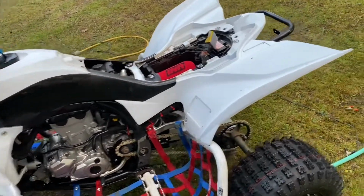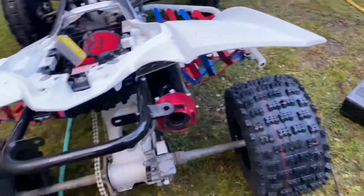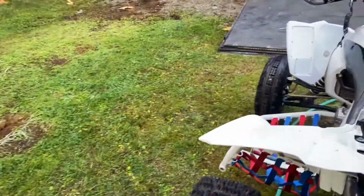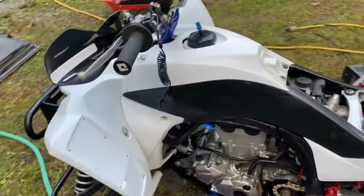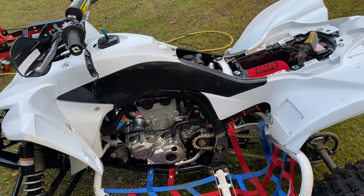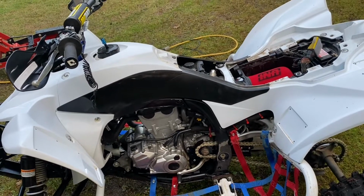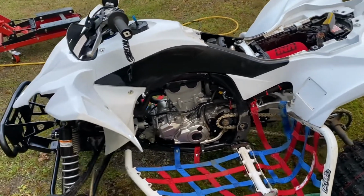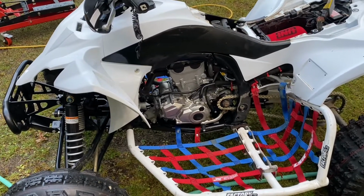For this quad's case, it does have a DASA exhaust on it, but for riding down at my private track, I have it corked. When I take that cork out, I guarantee I'm going to have to play with that idle screw, or the air screw, in or out a little bit more, because now it's going to breathe a lot better. But yes, in addition to idle, you're also helping your mixture hit right on point where you want it. If you're familiar with carburetors at all, which I've mastered over my years on dirt bikes,